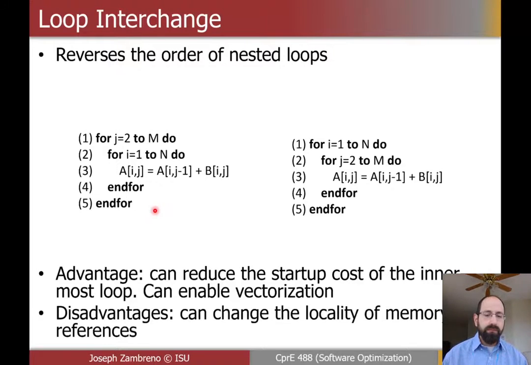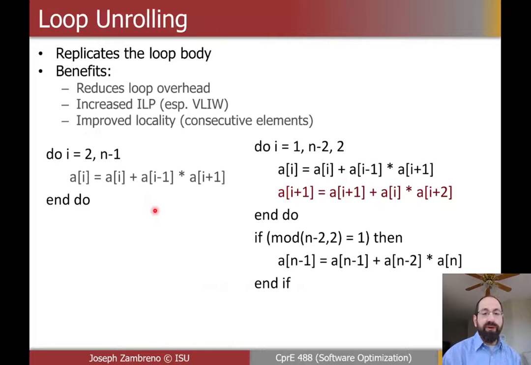Loop unrolling is a very commonly applied one, where we take the loop body that we have and we replicate that loop body to do multiple iterations of the loop at a single time. This example makes it look a lot uglier than it really needs to look like in practice. But the idea being that if you have a loop that iterates n times, and it's a relatively small loop